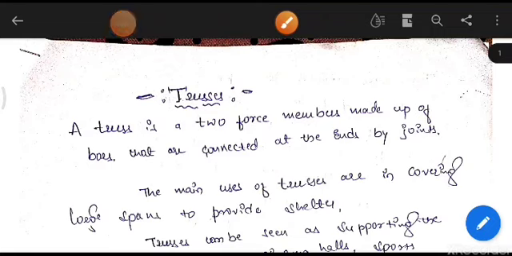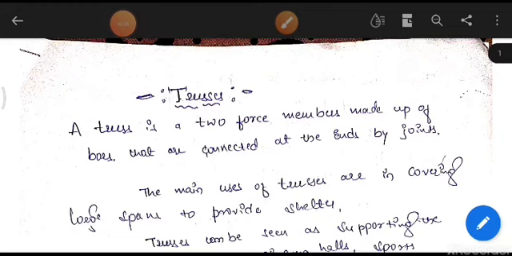Today we'll start with the new topic, truss. Basically, truss is nothing but a bar element having two nodes, and each node has 2 degrees of freedom. In the previous classes we have seen a bar element where each node has 1 degree of freedom, meaning it is meant to act in only one direction, whereas in truss each node has 2 degrees of freedom, in the sense each node can move in either the x direction or the y direction.